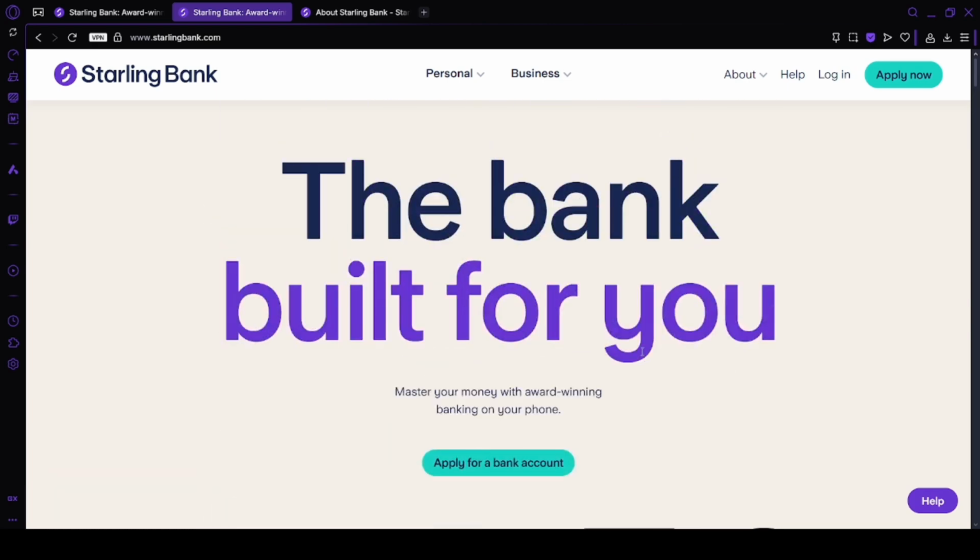To begin with, visit the official Starling bank website to familiarize yourself with their services and features. Now, to find your account number and sort code, open the Starling Bank mobile application on your smartphone and